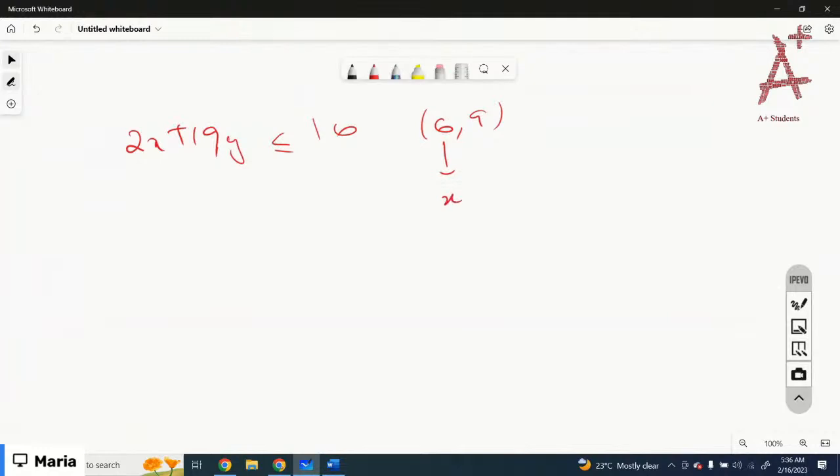This is x and this is y. Got it? So just replace the values. 2 times 6 plus 19 times 9 less than or equal to 16. 2 times 6 is 12, and